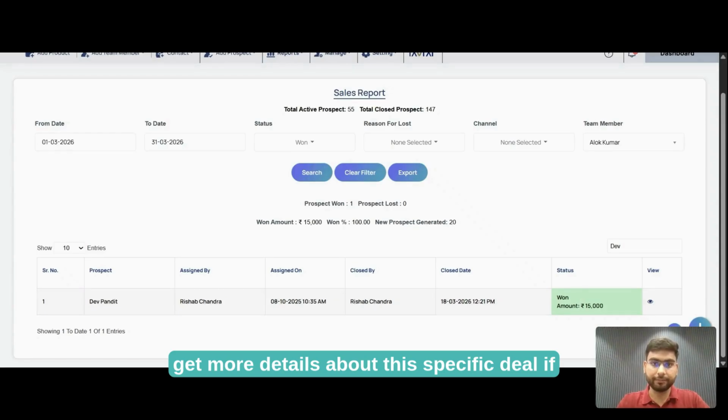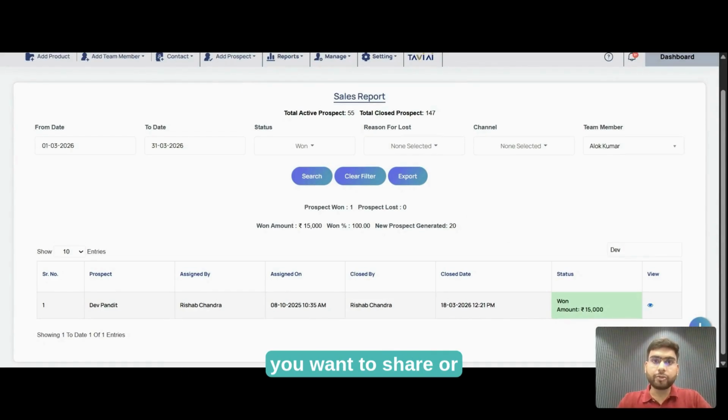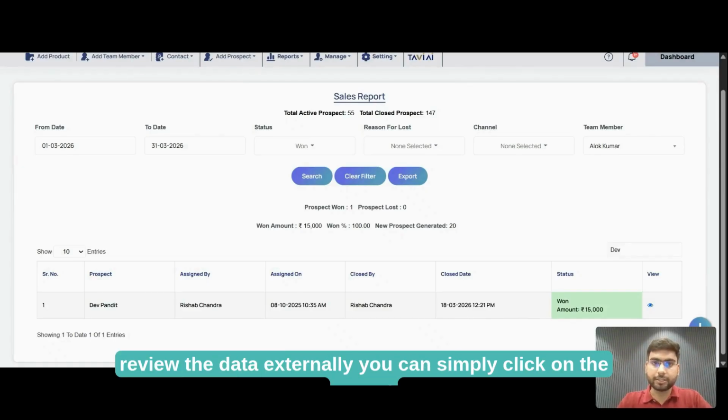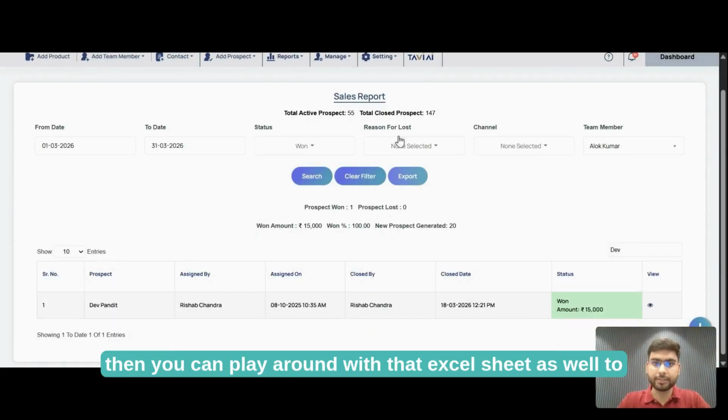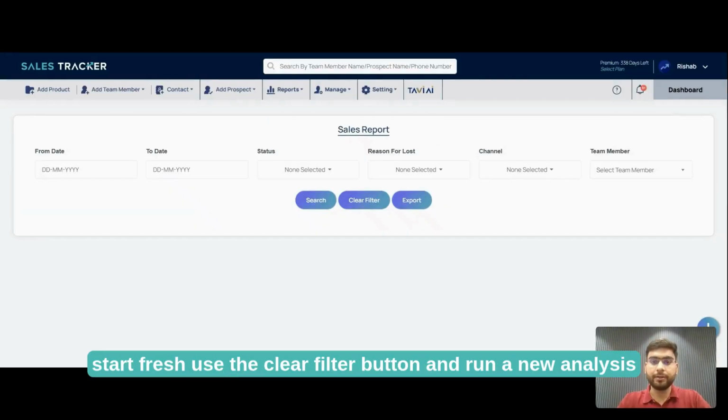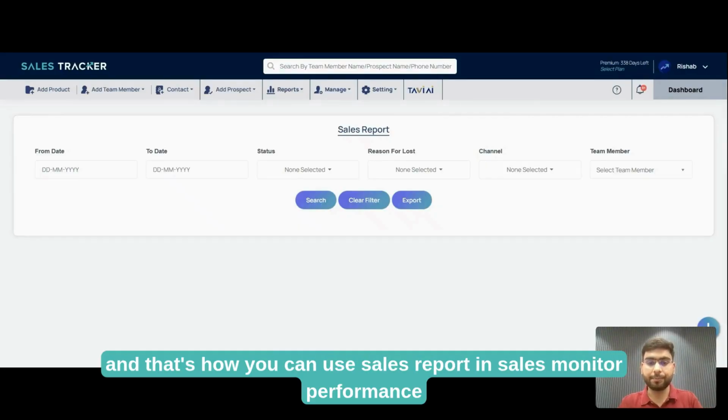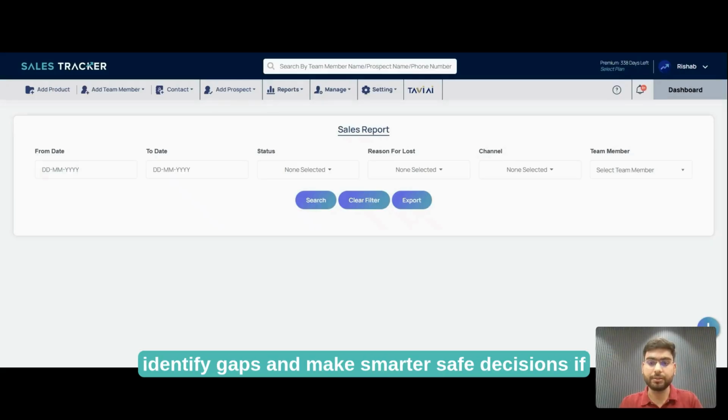this specific deal. If you want to share or review the data externally, you can simply click on the export button to export this as an Excel sheet, and then you can play around with that Excel sheet as well. To start fresh, use the clear filter button and run a new analysis. And that's how you can use the sales report in SalesTracker to monitor performance, identify gaps, and make smarter sales